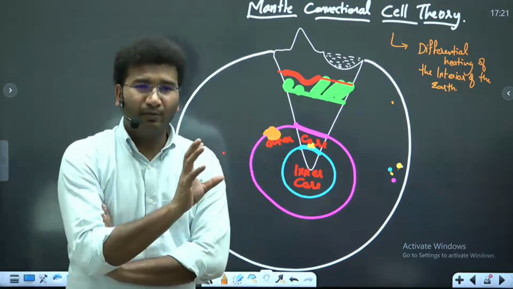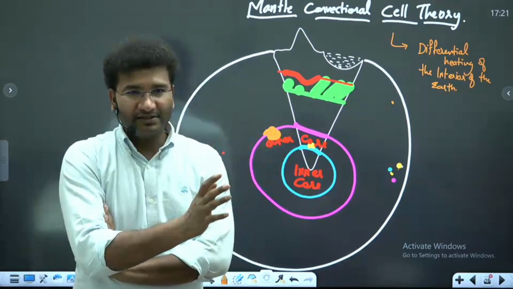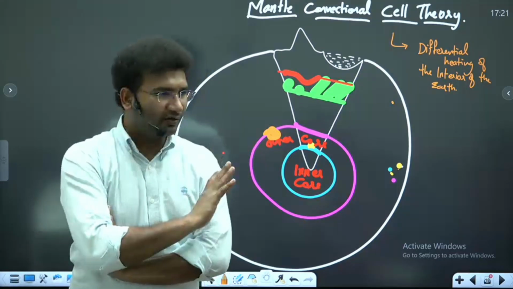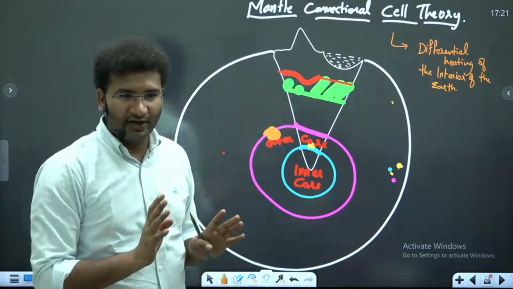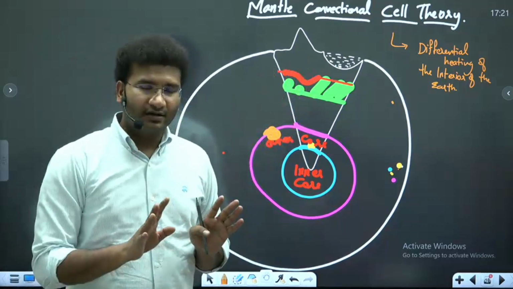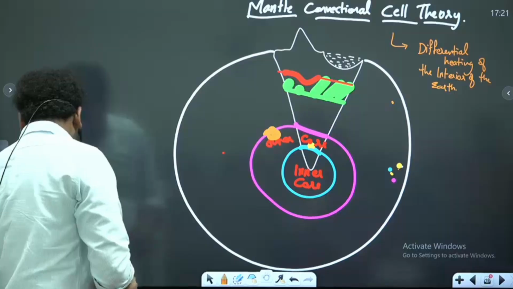Okay? There are possibilities. Now how that happens, I'll explain in another half an hour or so. Within the interior of the earth, you have radioactive material, right? Now, to show it a little practically,